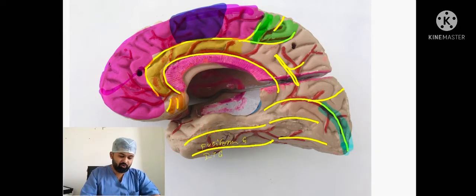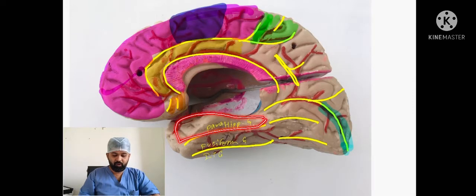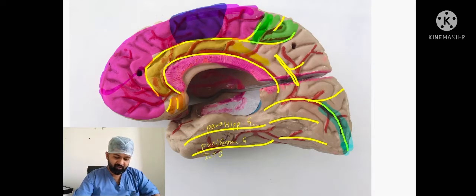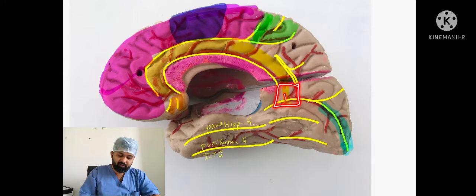The gyrus medial to the collateral sulcus is known as the parahippocampal gyrus. Note that the parahippocampal gyrus is the medialmost gyrus of the temporal lobe. It is parallel to the C which is formed by the cingulate gyrus, so we'll color it in the same color. The cingulate gyrus is a C-shaped gyrus which curves around the corpus callosum. It has an isthmus part. This part is known as the isthmus.